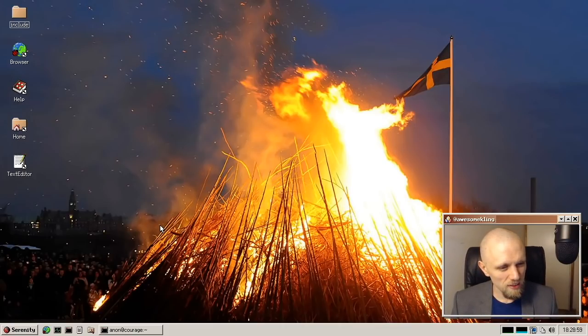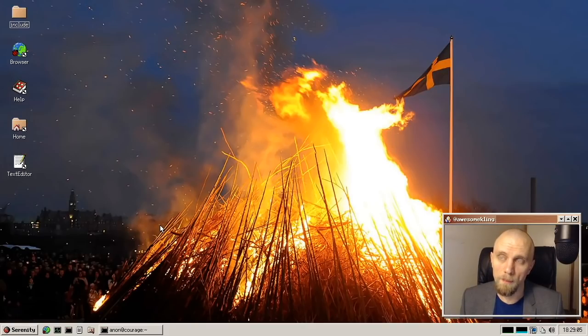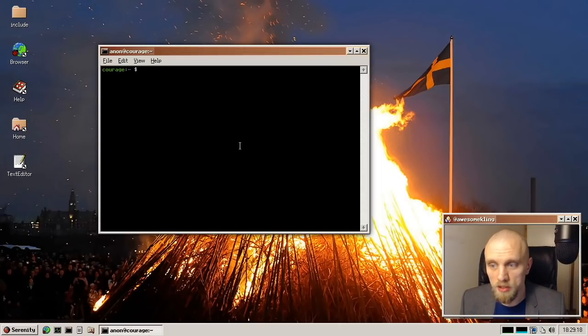I think GNU PG for encryption. NetHack is in. OpenTTD, a bunch of people asked about that. We now have an OpenTTD port. We have FFmpeg, and one that I wanted to show you actually